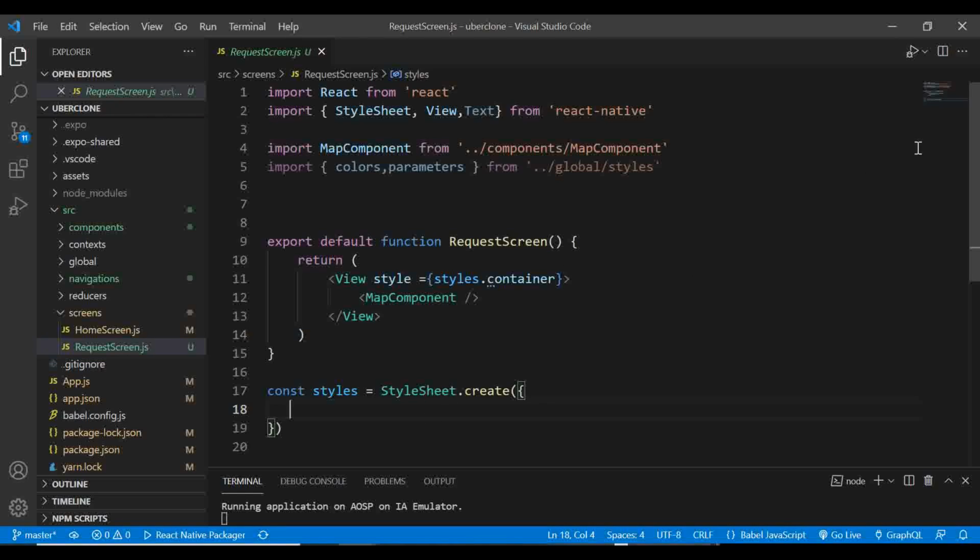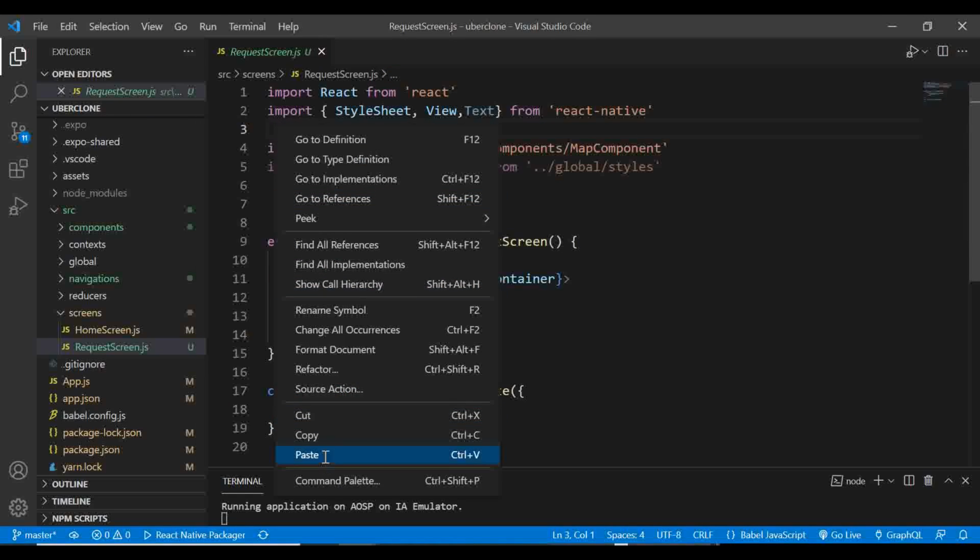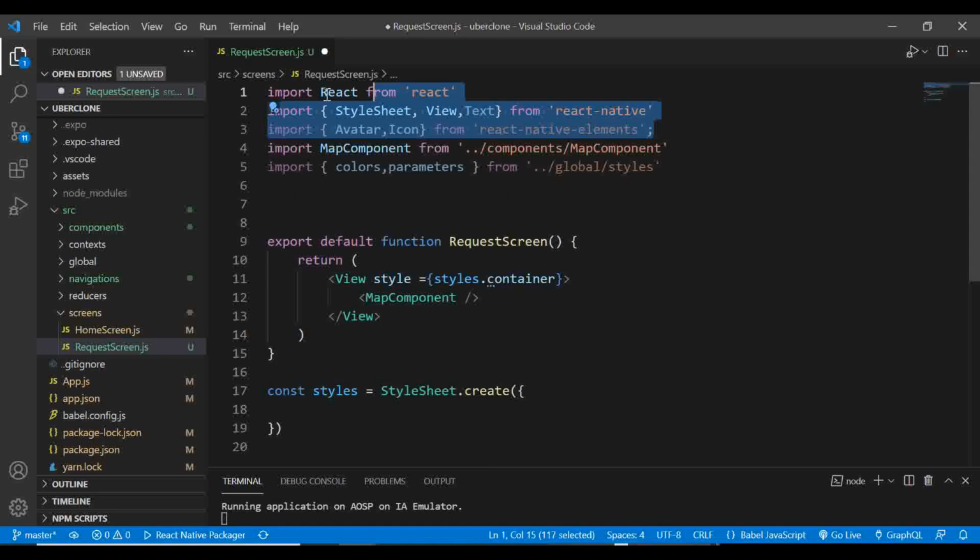But otherwise, there are some libraries that we're going to use. The first one is called React Native Elements. We have installed that already in the very first video, and I'm going to paste it so that I don't waste time typing. So we're going to use these two components, the Icon and this other one from React Native Elements. So you can type that,